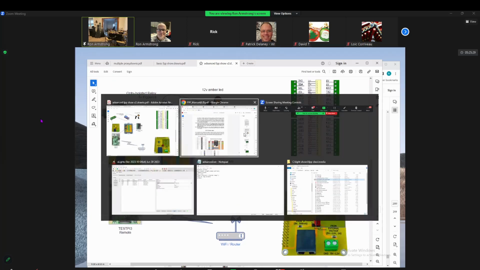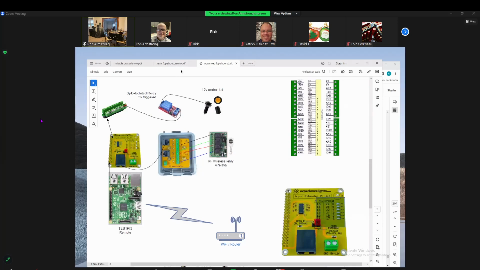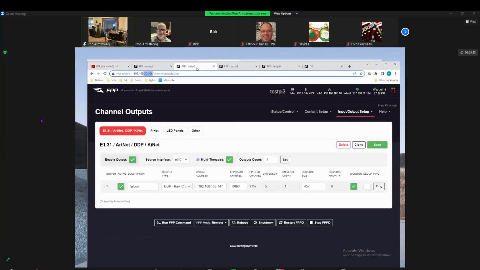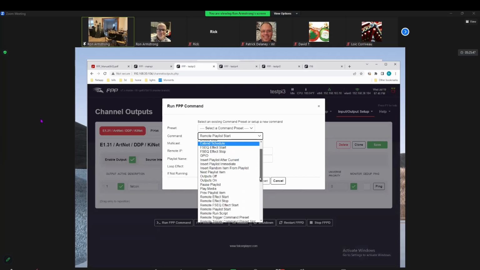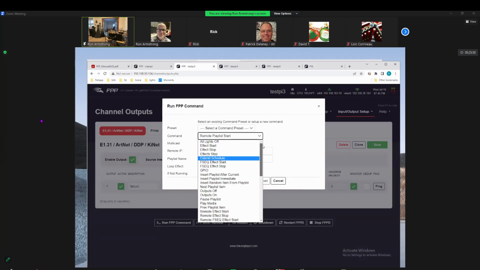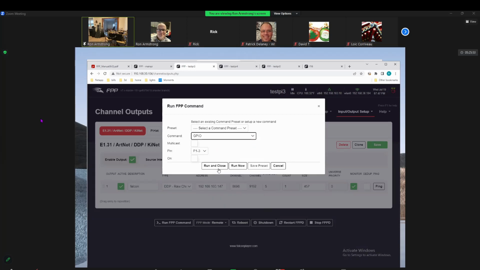So let's talk outputs for a second. Let me get back to my. So in FPP, you have FPP commands, so you can run a whole set of base FPP commands. To trigger a GPIO output, you can use the FPP command called GPIO. You have to specify which pin. Now this is the pin number, not the GPIO number. So we just looked at GPIO 4 is pin number 7. So I'm going to say pin number 7,